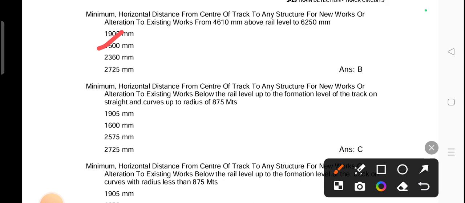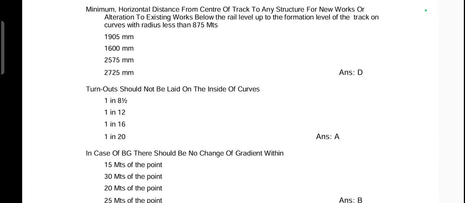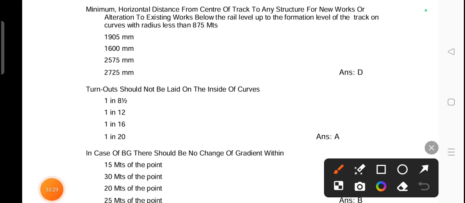Next, for new works or alteration to existing work below the rail level up to the formation level of the track on the straight and curves up to radius of 875 meters: 2575 mm. Next, below the rail level up to the formation level of the track on curves with radius less than 875 meters: